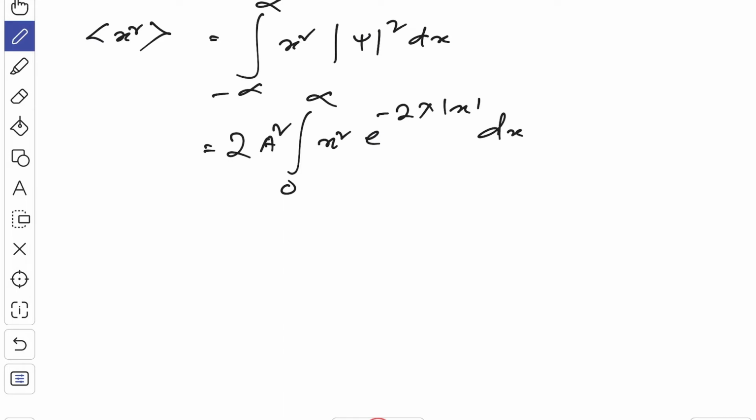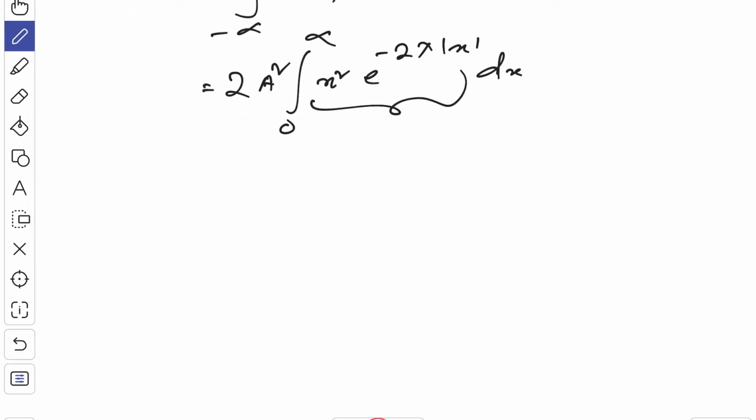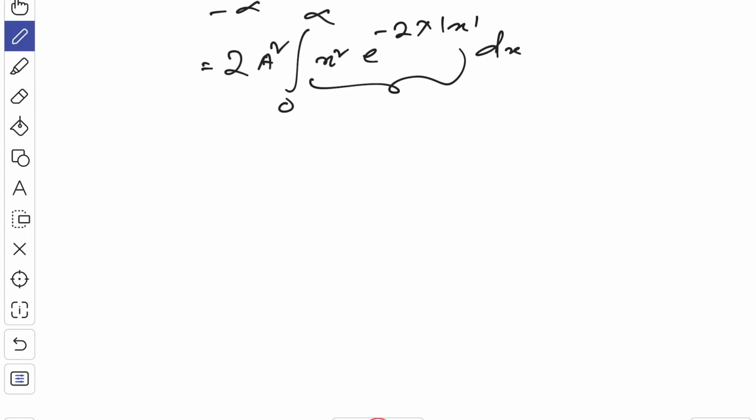So now let me show the integration part, how to integrate this. If you take the integration only 0 to infinity x square e to the power minus 2 lambda x dx,